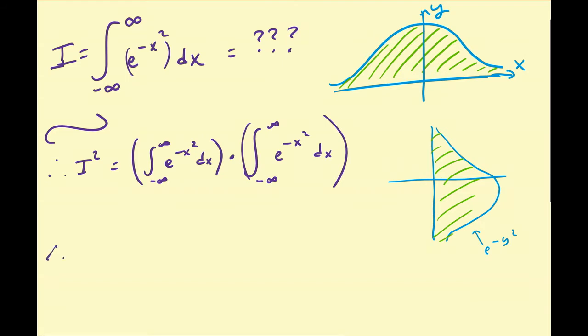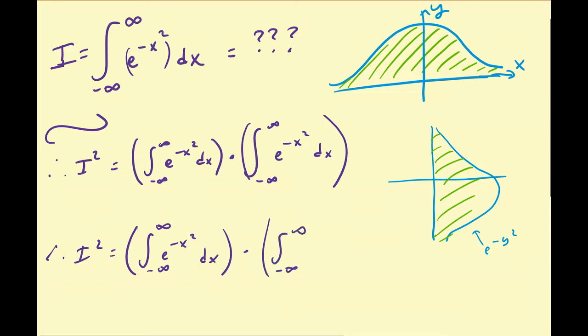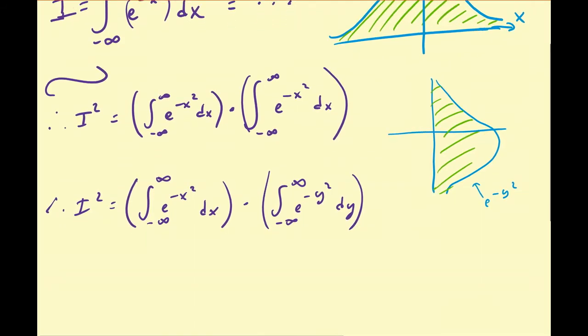So what I can do is I can rewrite this as I squared is equal to the integral from minus infinity to infinity of e to the minus x squared dx times the integral from minus infinity to infinity of e to the minus y squared dy. Now, by Fubini's theorem in calculus, and if you're not familiar with that, maybe it's not important, you may think that I can combine these integrals in the following way. I can rewrite this as the integral from minus infinity to infinity, over minus infinity to infinity, of e to the minus x squared times e to the minus y squared dx dy,